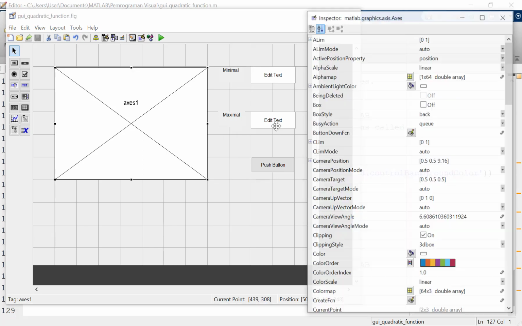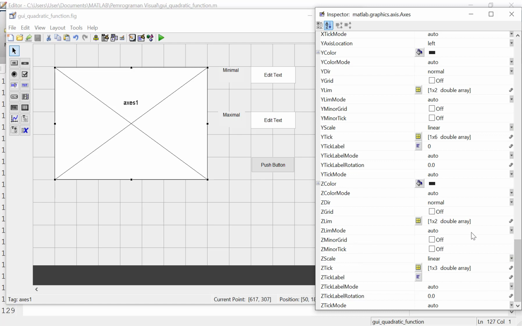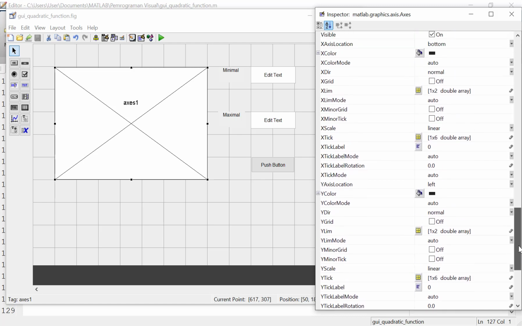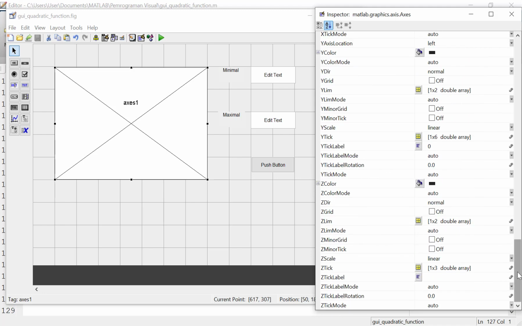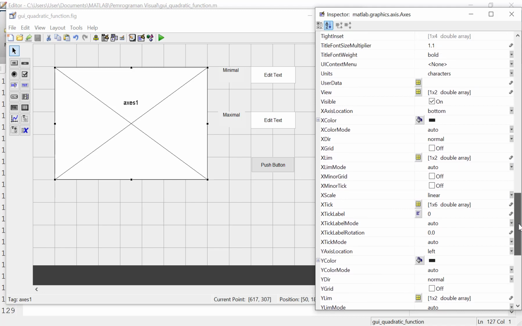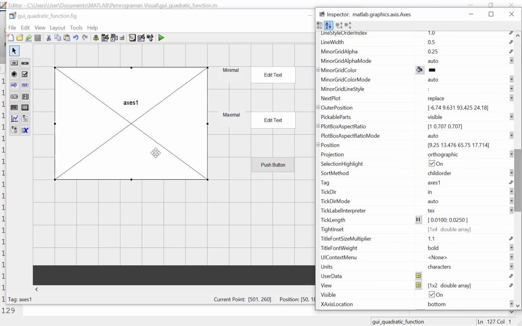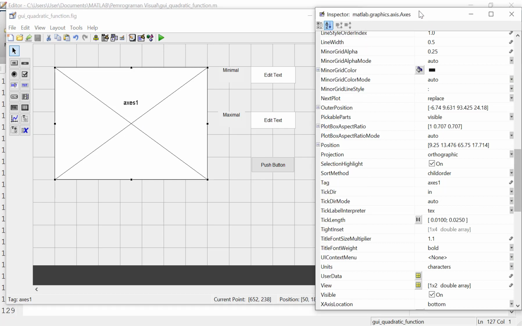So please double click on the axis one, and then you can see the property inspector here, and the name is in the tag here.